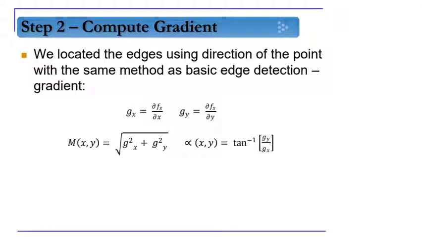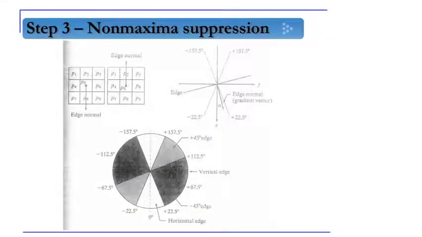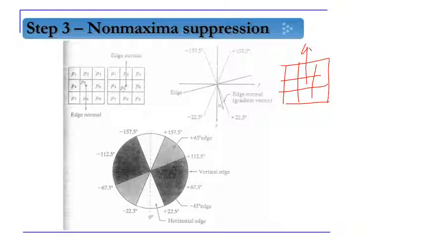Here, if I take an example, this is my actual edge direction, which is vertical. The edge will be present vertically in the image, but when I calculate the gradient direction, or gradient angle, or edge normal, I will get either this angle or this angle. That means I will get it in the horizontal direction. Both ways are possible. And similarly for the other directions, plus 45 and minus 45 degrees.